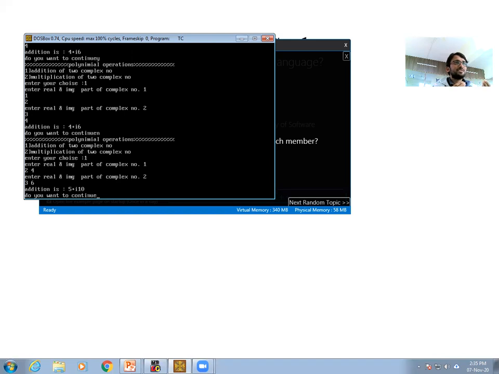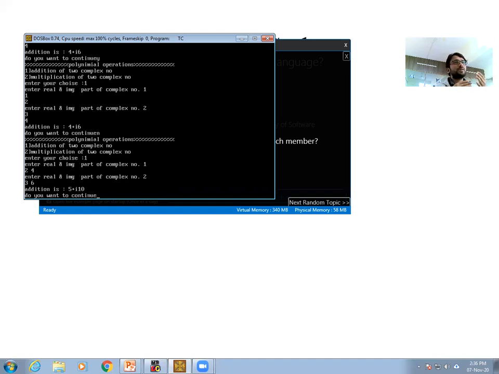If you observe, the addition of these two complex numbers, 2 plus i4 and 3 plus i6, is 5 plus i10. The output we have received is with the help of the different types of operators. For this addition we have some logic.